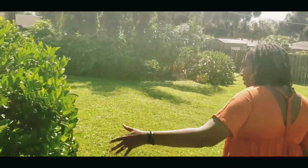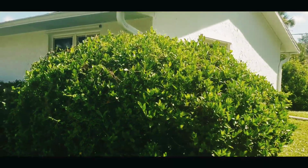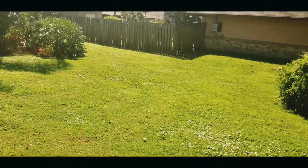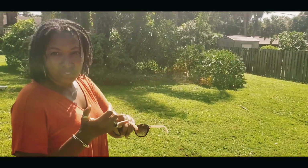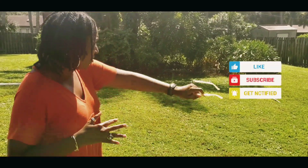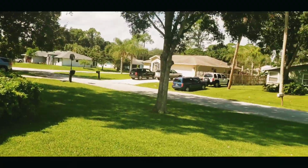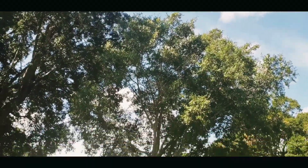I'm gonna remove all of these. They're beautiful shrubs, but they don't have flowers and they don't have fruits, and it has to give me fruit or flowers. So I'm gonna probably remove these. Then I'm gonna have my dwarf fruit trees here. So I plan on planting my dwarf June plums, my Kerry mango. I'm gonna plant some of my dwarf naseberry. I'm gonna have a garden of just dwarf trees along here. I have my beautiful oak tree there. That can stay because it's an oak tree, it's a beautiful tree. It's not in the way